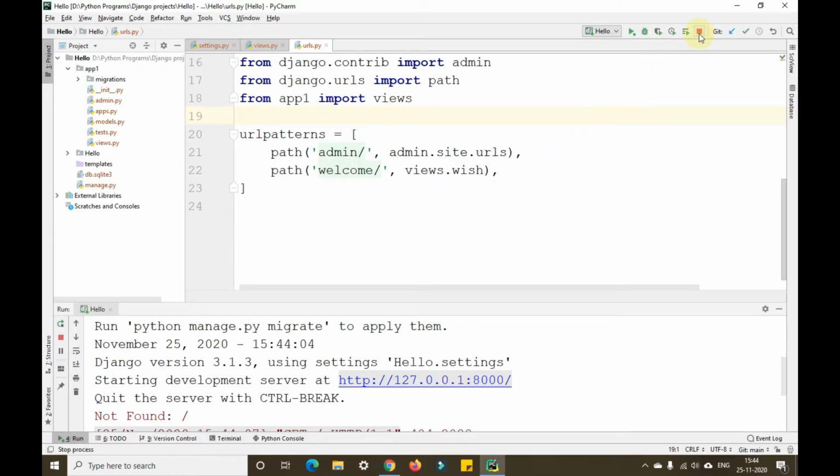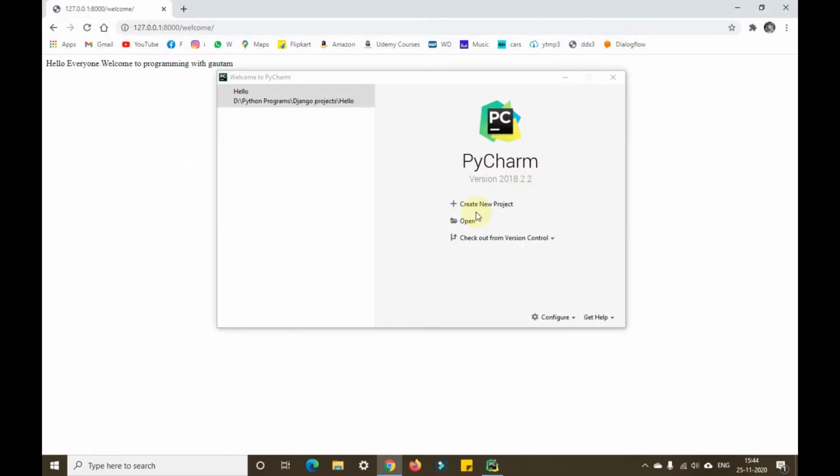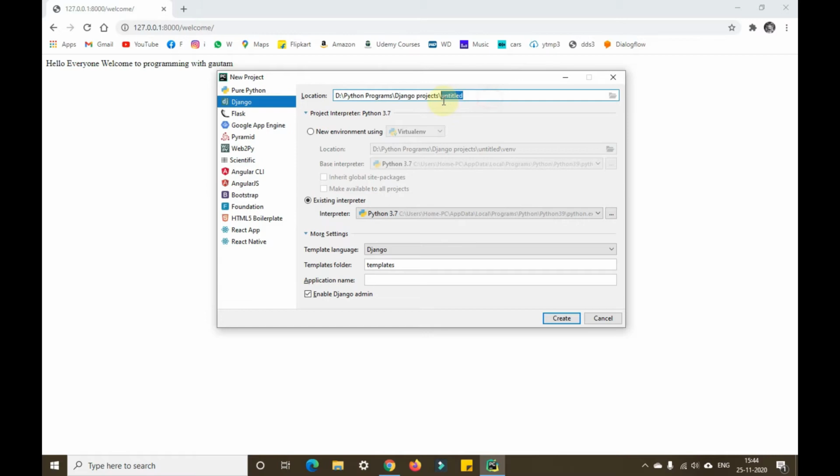So let me create a new project. Let me first close this particular project and create a new project. We'll write DJ2. So from now on, we'll name the project names as DJ1, DJ2, and so on, guys, because that will help us to retrieve whatever we are learning.